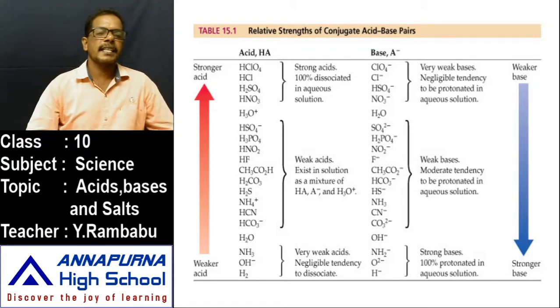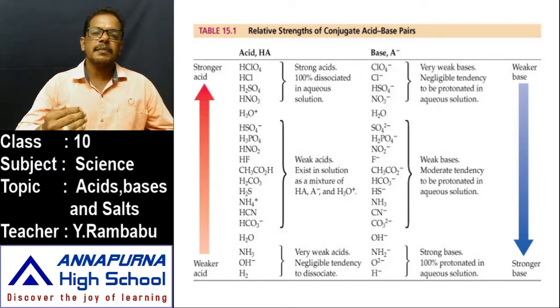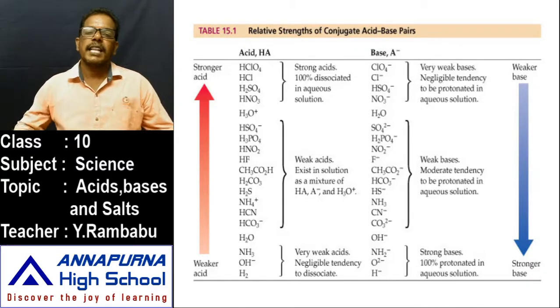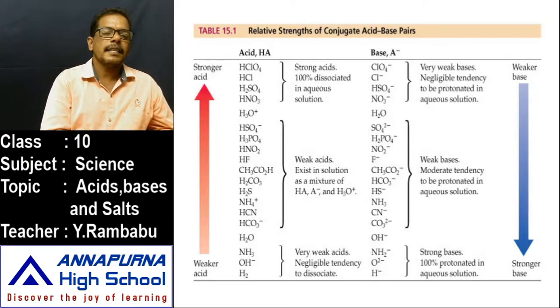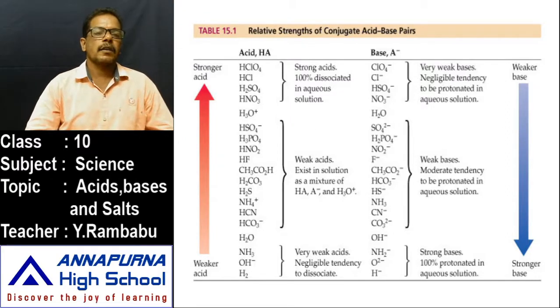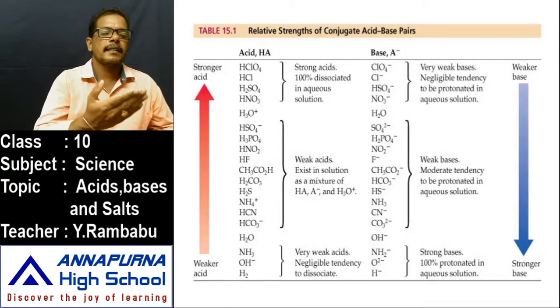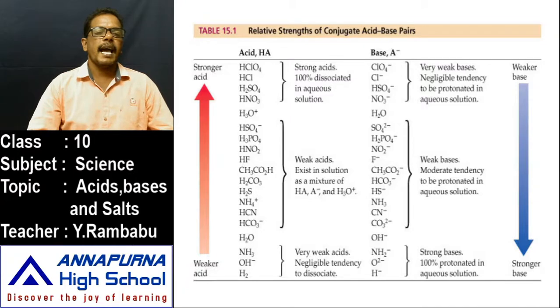If the strength of an acid increases, at the same time the strength of its conjugate base decreases, and if the strength of a base increases, the strength of its acid decreases. This is observed clearly in this table. Observe the red arrow pointing upward. At the bottom of the arrow, the intensity of red is low, that is simply orange red. At the tip of the arrow, the intensity of red is high, which indicates a stronger acid. Orange red means a weaker acid.